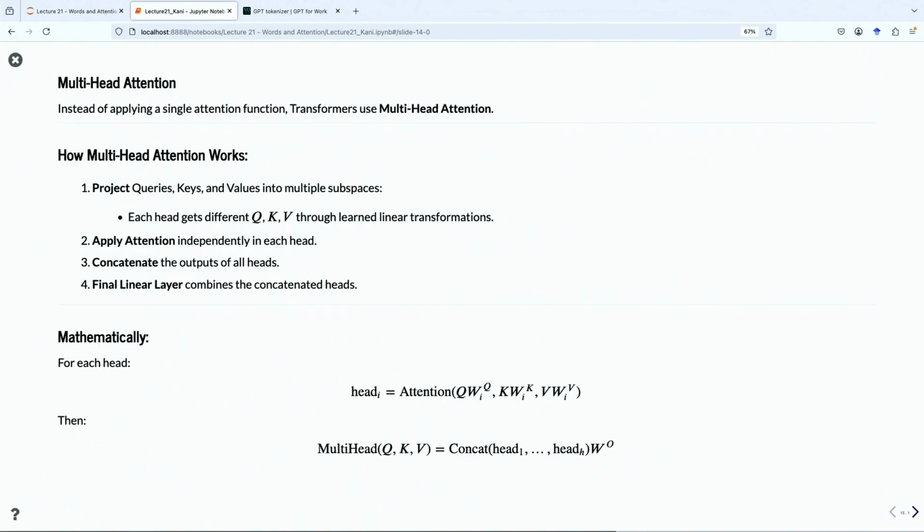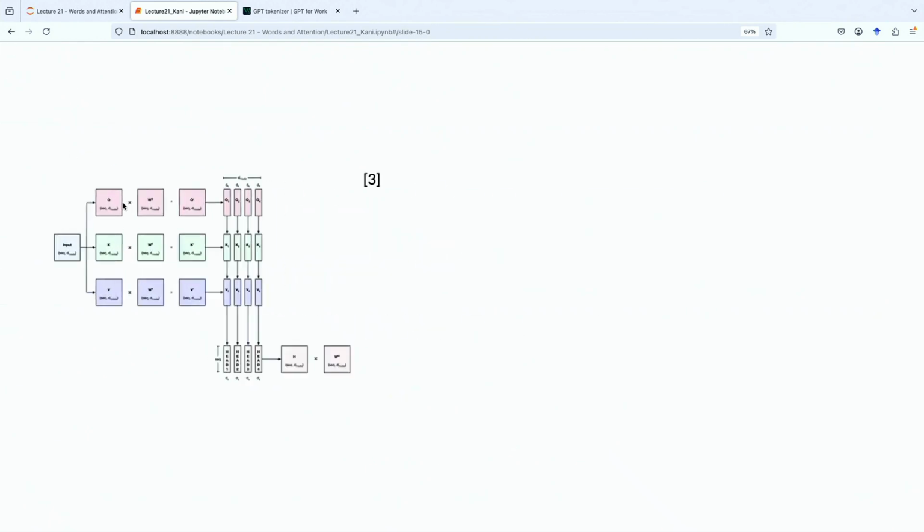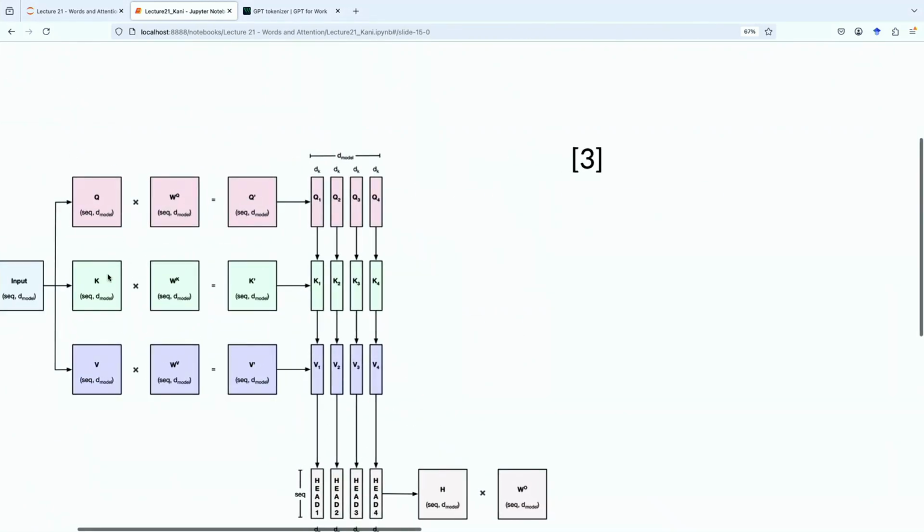All right, but the attention that is used in the Vaswani paper is not that simple scaled dot-product attention. It is what's known as multi-head attention. And the multi-head attention is almost exactly the same as what we just discussed, except that for the query, key, and value, we actually multiply it by a